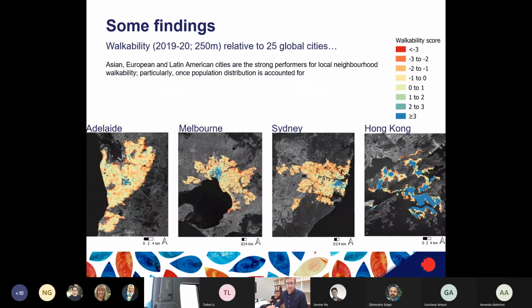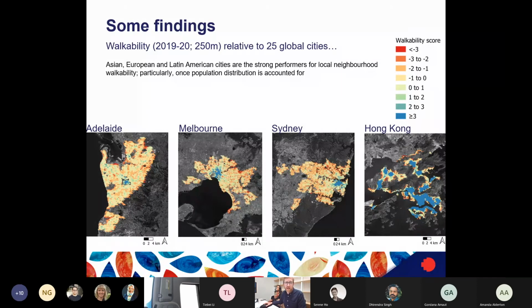Since I'm not sure how much time we have left, I'll quickly just share some findings, and then we can always have some questions. There's a lot of data that we've calculated, and it would be a lot to put on a screen. So I thought I'd put in just a few locally relevant snapshots in comparison.